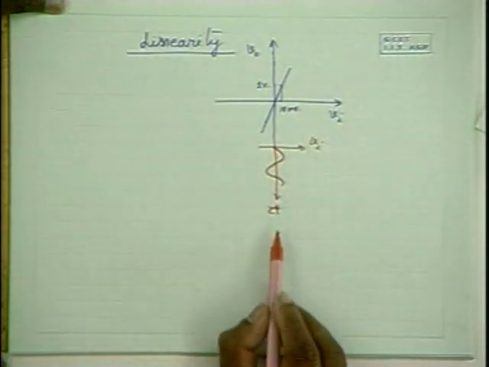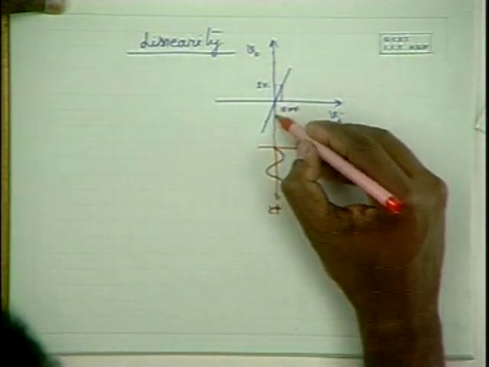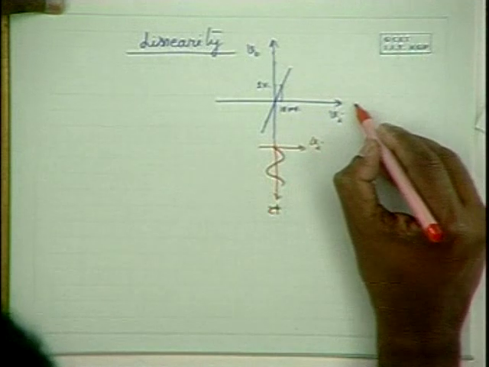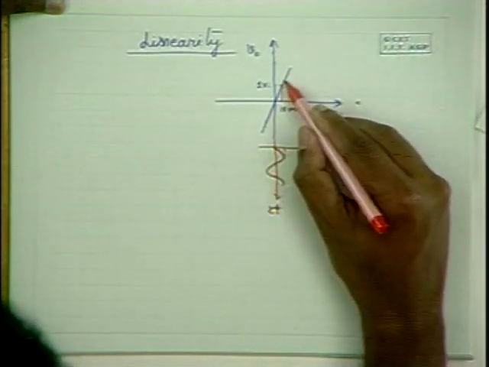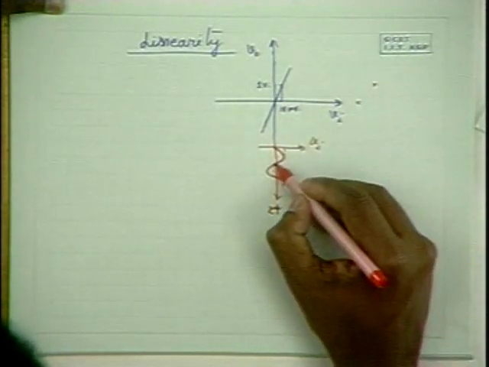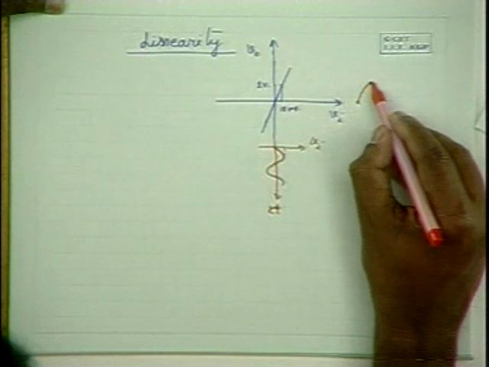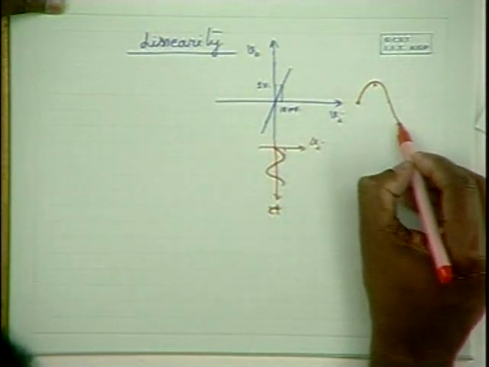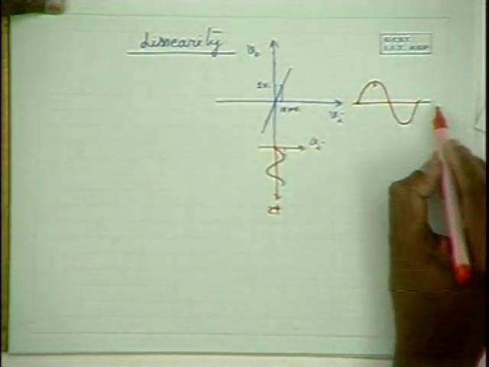Now if I impinge this kind of voltage to the input side, when the input is here, output would be here. When the input is at this point, output would be at this point. When the input is 0, output will be 0. And so this is the amplified signal that can be obtained from this kind of device